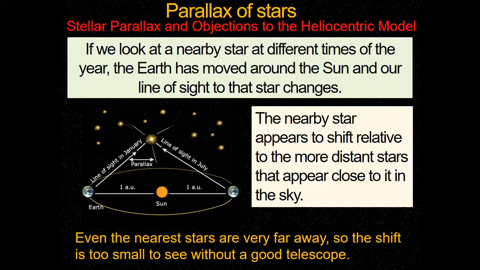If you think about this picture here, let's say this is the Earth's location in January, and you're looking at a star somewhere here. Later in the year, in July, you will be on the other side of the sun, right? And you're looking at the same star. So there's an angle shift here, right? We call this the parallax shift. This big angle from January to July is the parallax shift. And if you take half of that, that's called the parallax angle.